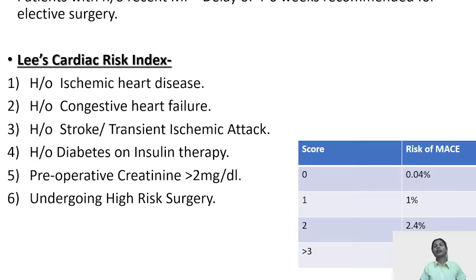Now coming over that if the patient had a recent MI and has been posted for elective surgery, the surgery has to be delayed at least for 4 to 6 weeks. The recommended delay of the surgery of a patient with recent MI in which no coronary revascularization was done is 4 to 6 weeks. Now, I told you interventions could be of two types. One could be pharmacological and other could be coronary revascularization. Now, let's talk about suppose the patient had undergone a coronary revascularization.